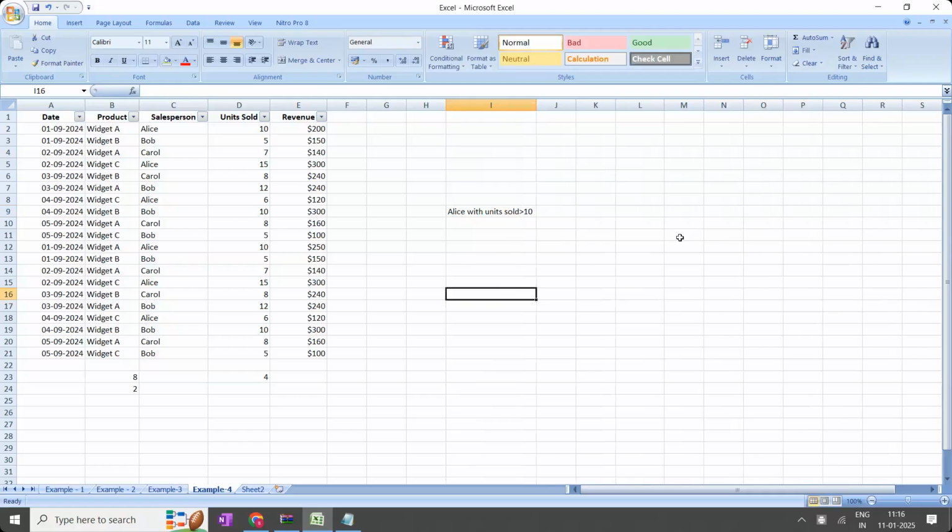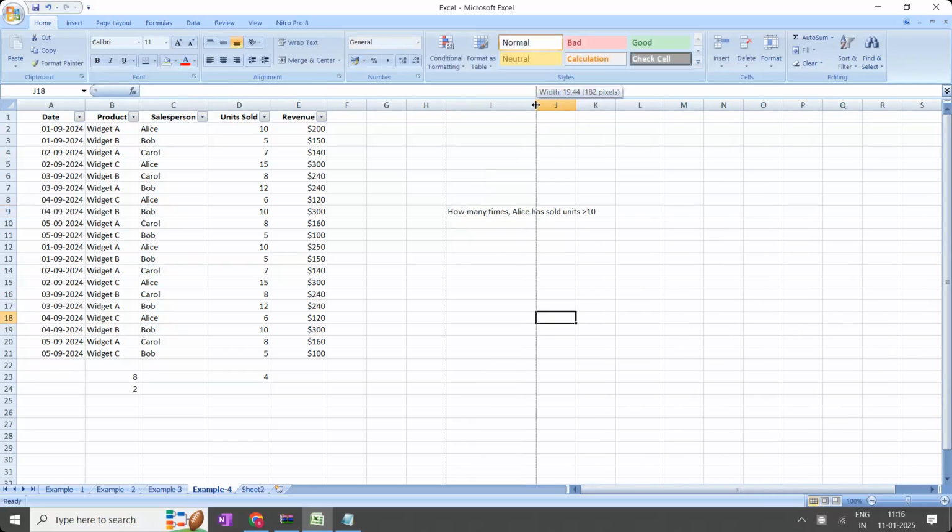How many times has Alice sold units more than 10?